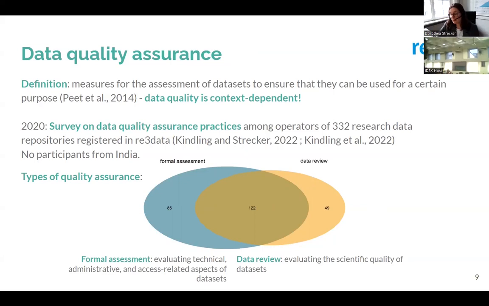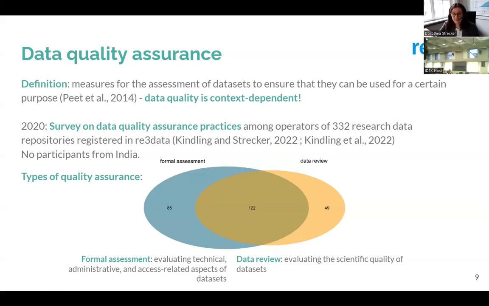And that means that data quality is context dependent. So what data quality means in mathematics, for example, might be very different to what data quality means in statistics even, or social sciences. So I think depending on what you want to do with data, they have to meet certain criteria. And that context dependence is what makes data quality so difficult to define. But I think it's also a chance to reflect more on what you really want to achieve with data.